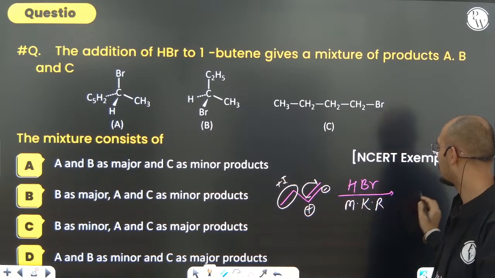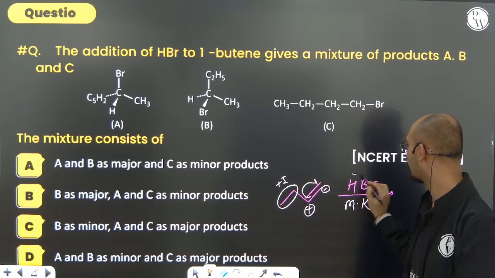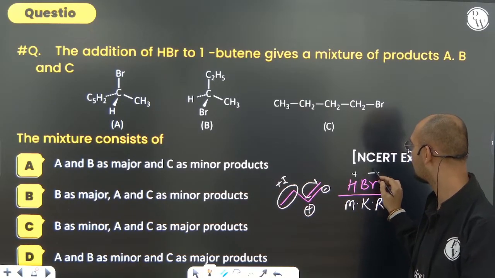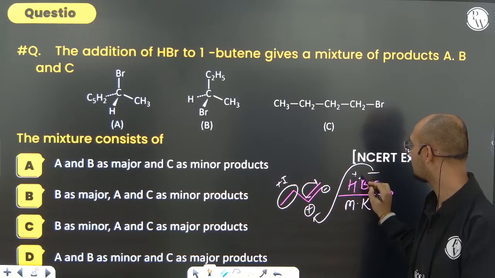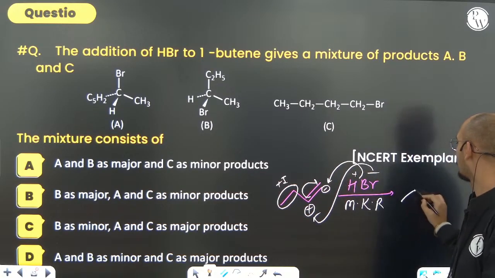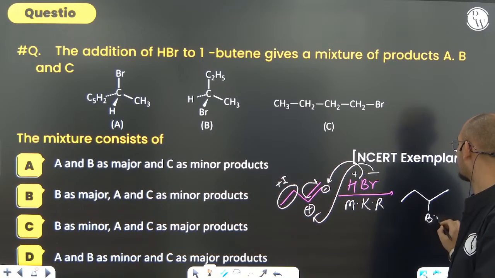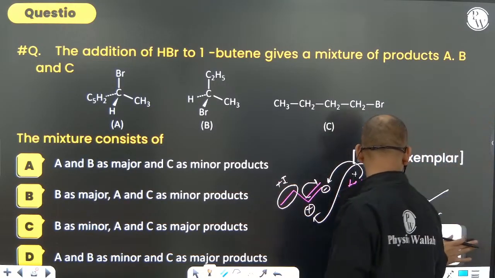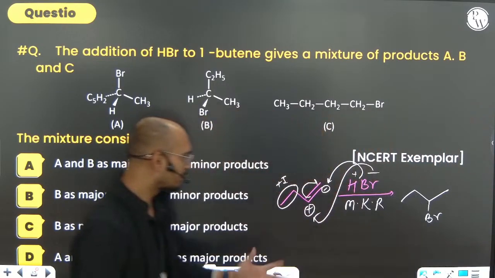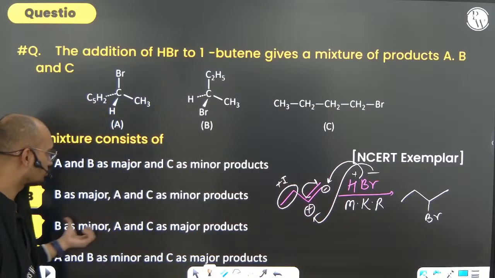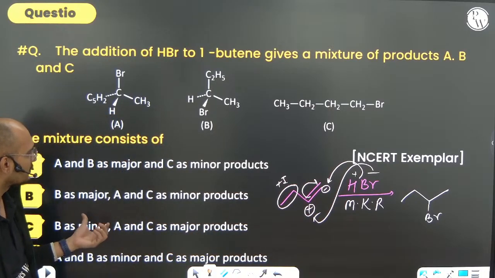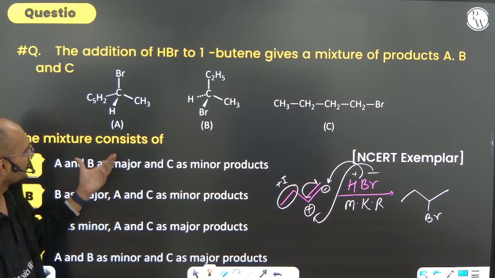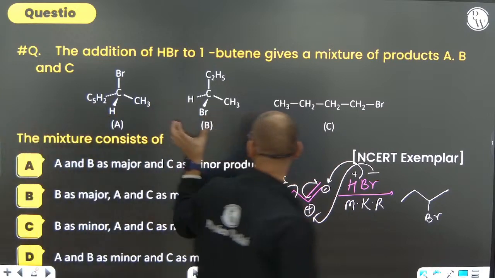So just understand it. What are the things you have? H plus and Br minus. So Br minus will be going towards positive and H plus will be going towards negative. So Br will be somewhere here. You can just put Br here, right? So let's place Br there, then what happens? Okay, what is it asking? Okay, fine, A, B, C.